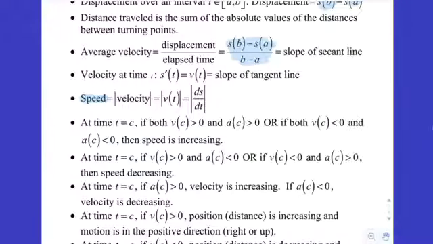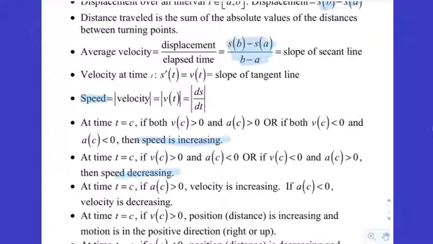This is kind of important. You're going to be asked if speed is increasing or decreasing. Speed is increasing when two things work together, namely velocity and acceleration. If velocity and acceleration have the same sign, they're both positive or they're both negative, then something is going to be speeding up, or the speed is going to be increasing. If the velocity and the acceleration are opposite signs, they're working against each other, now the speed is going to be decreasing. And so you have to look at those two things to determine what a scalar quantity like speed